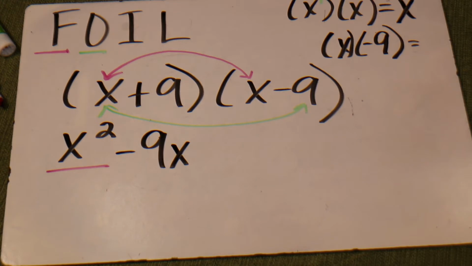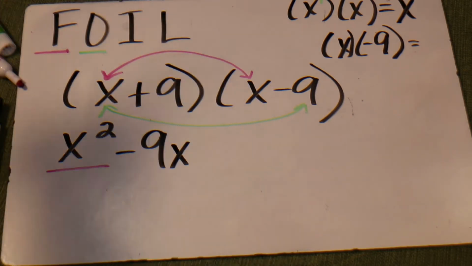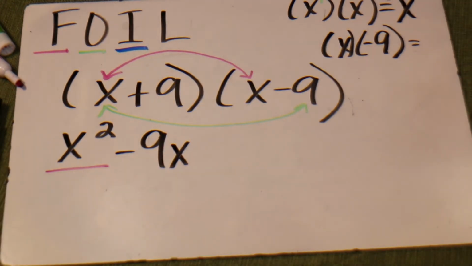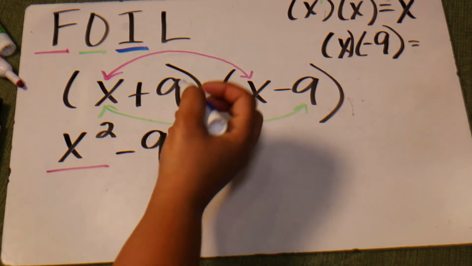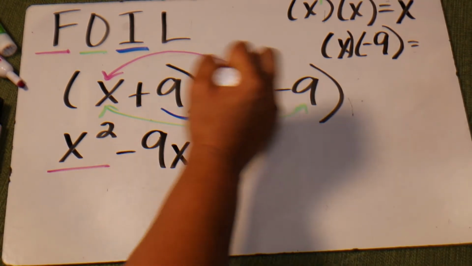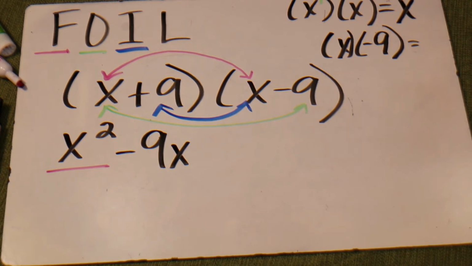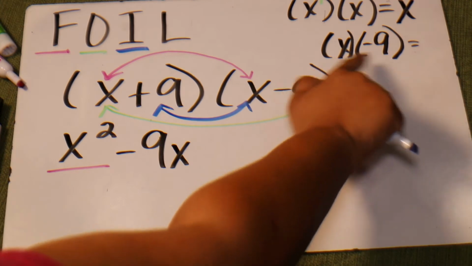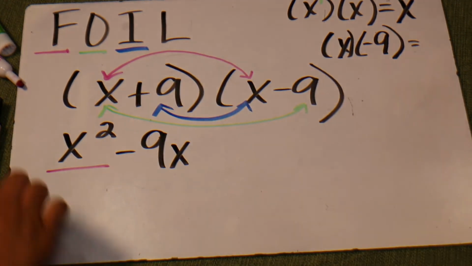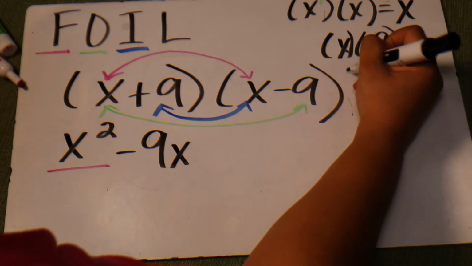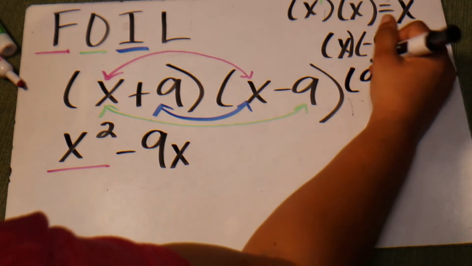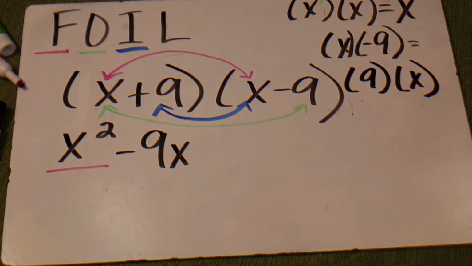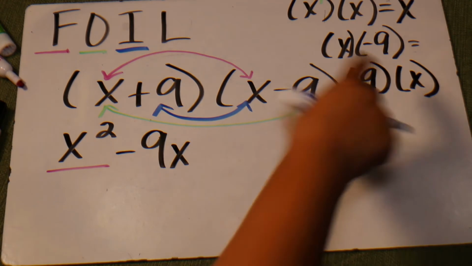Okay, so now we're going to move on to the I. And what does that stand for? The I is for inner, right? So now we're going to use the blue for the inner. Now we have a positive 9 times the x. And remember that rule. So I'm going to write this one: a 9 times the x. Both of those are positive, so we don't have to worry about it. We just put them together,